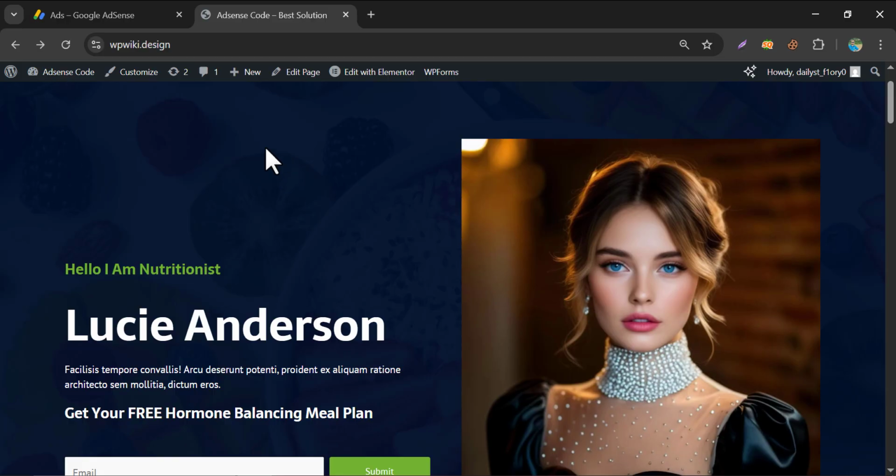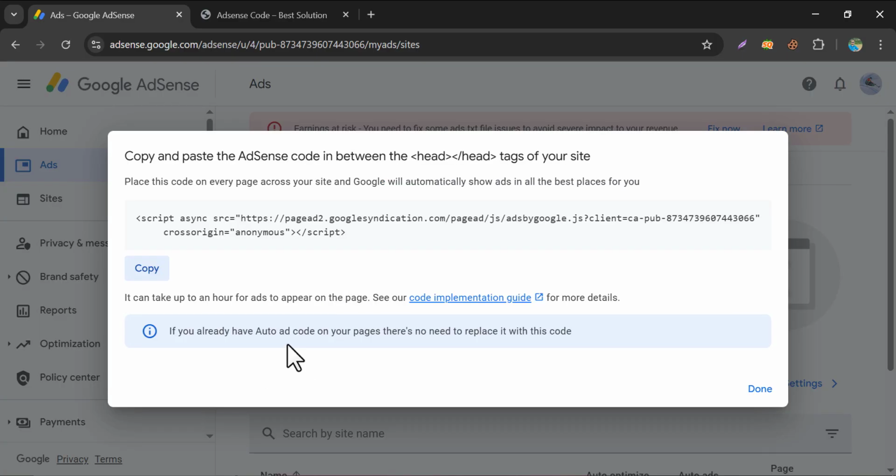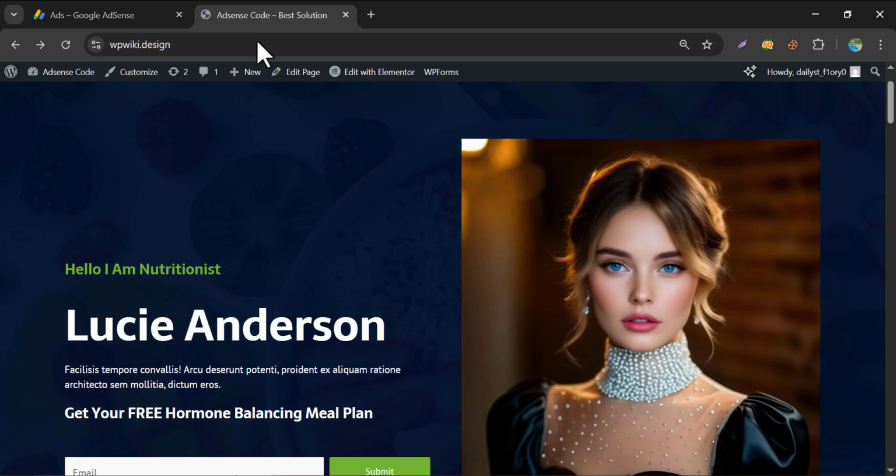So this time we are going to set AdSense ad in this website. And this is the AdSense account. Just log in successfully and click on Ads section, and you will find a thing like Manage Ads for your site. To enable auto ads, click on Get Code and copy the code and go to your WordPress website,